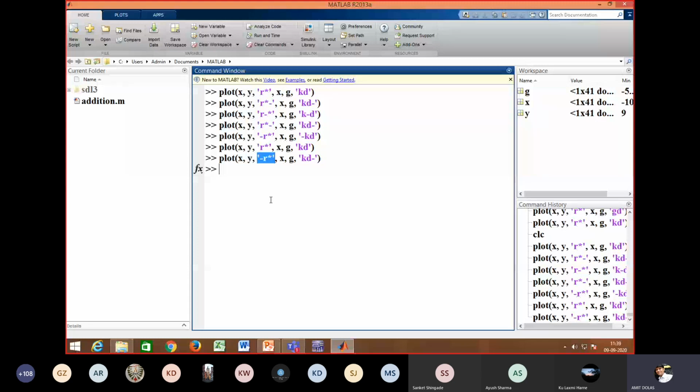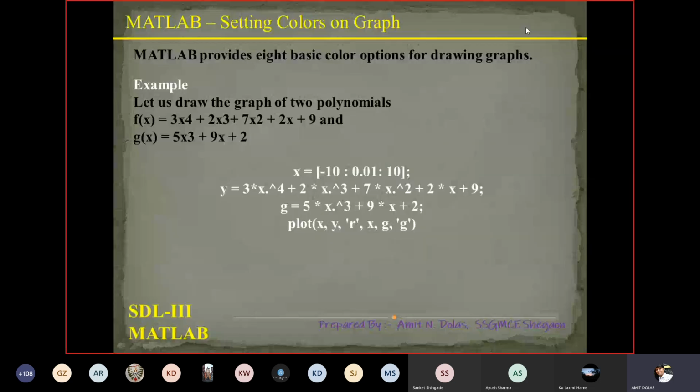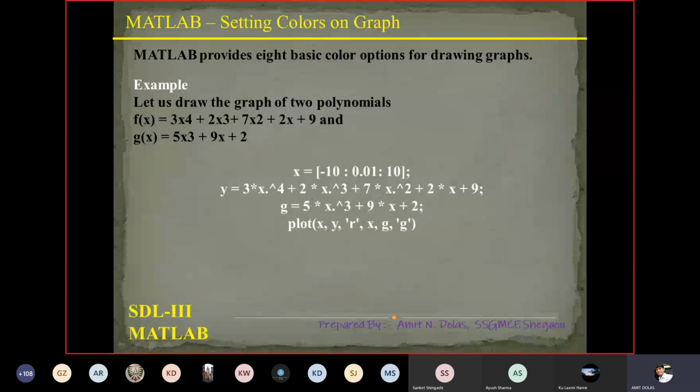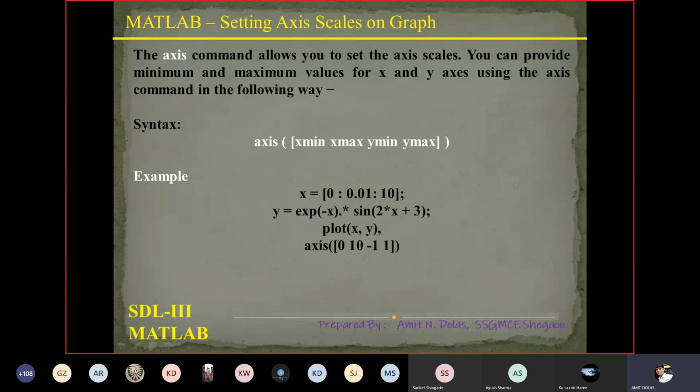Coming back to the PPT, we get a graph. We have changed this graph. This was the output of the previous code, as we have seen, but we made several changes to understand the code properly.